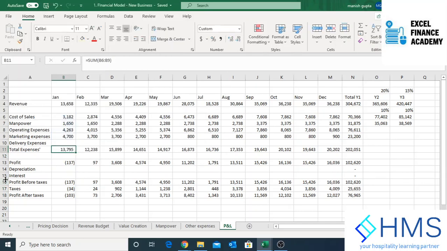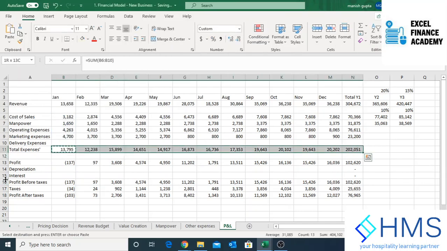So let's adjust the formulas to take it into account. Whenever you are adding a line or deleting a line, make sure you check the formula, right? So those things we will be doing tomorrow. Tomorrow we're going to be learning the rest of the financial model, and also we're going to be discussing how we make the financial decision on interest and other aspects of your financial models, and then we will be able to finish it. So I will again put out the recording of this after editing some parts in the